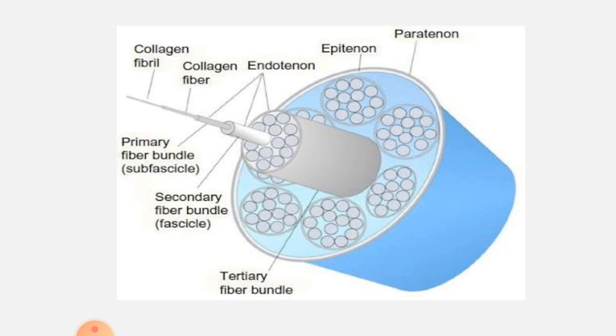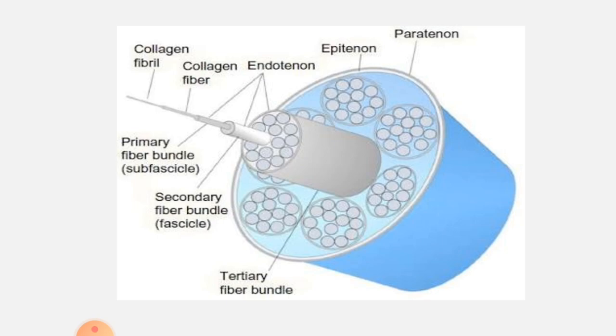The first structure, which is the primary fiber bundle, is basically the subfascicle structure. That means the various collagen molecules have joined or aggregated to form the collagen fibril, and these collagen fibrils then aggregated to form the collagen fiber, and these collagen fibers basically have grouped to form the fascicles, and these fascicles you can see are parallel along the long axis of the tendons. So these we can call as the primary, secondary, and tertiary fiber bundle.